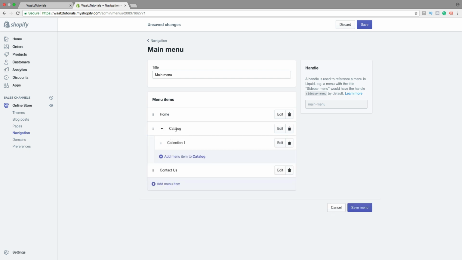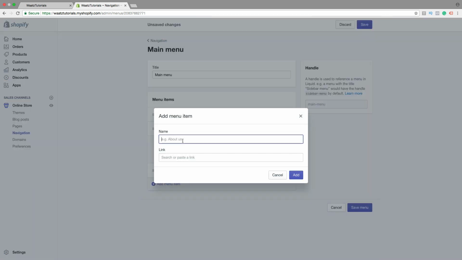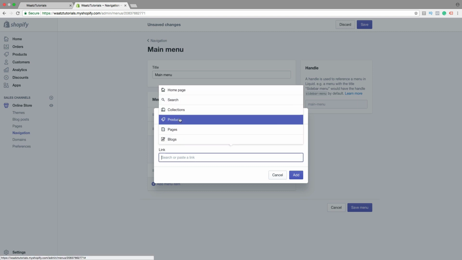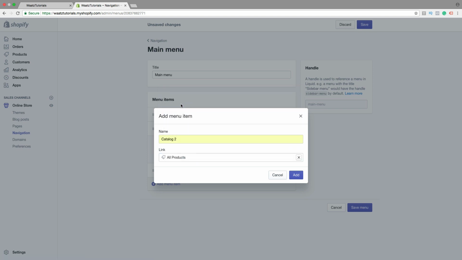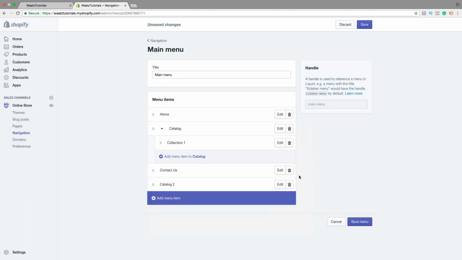Okay, so now we have the collection under catalog, and you can see that you can add more items under catalog right here instead of clicking here and dragging it up and one step to the right. Okay, so I'm just gonna add another catalog. Like that, then click on add.